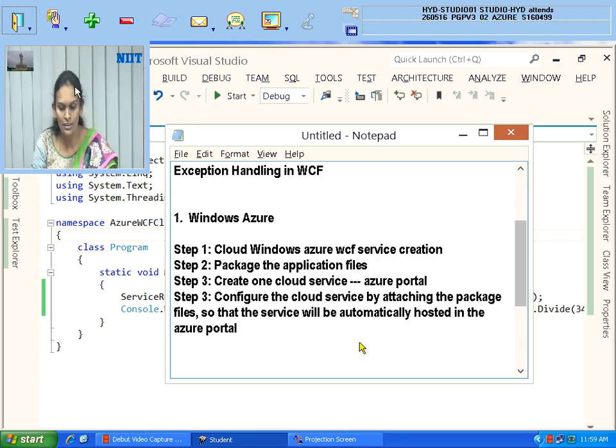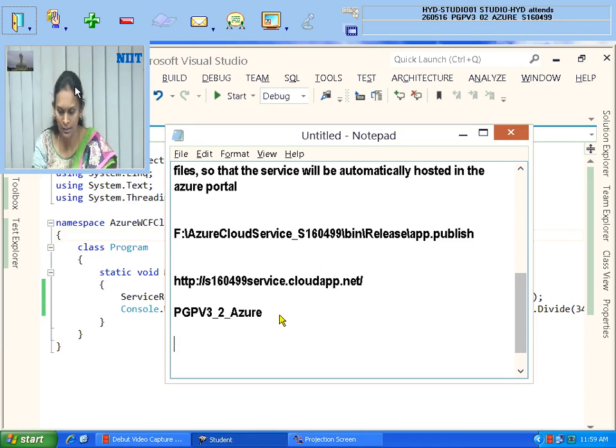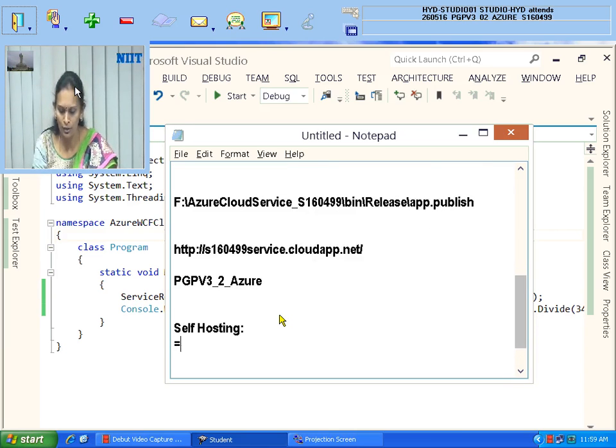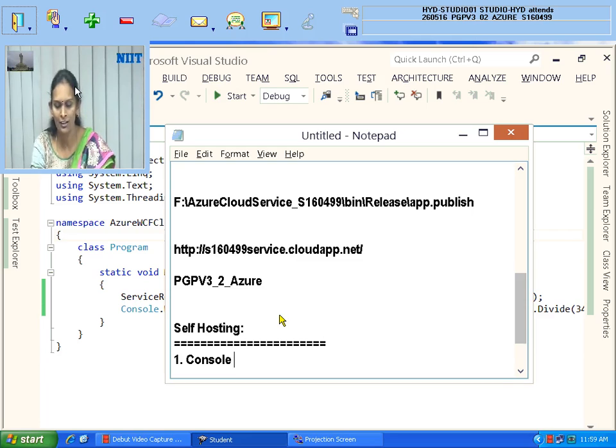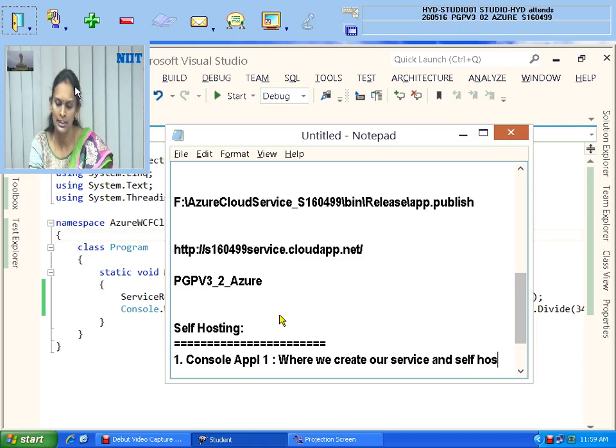In self-hosting, you need to create two console applications. The developer has to create two console applications. In console application 1, we create our service and self-host it.